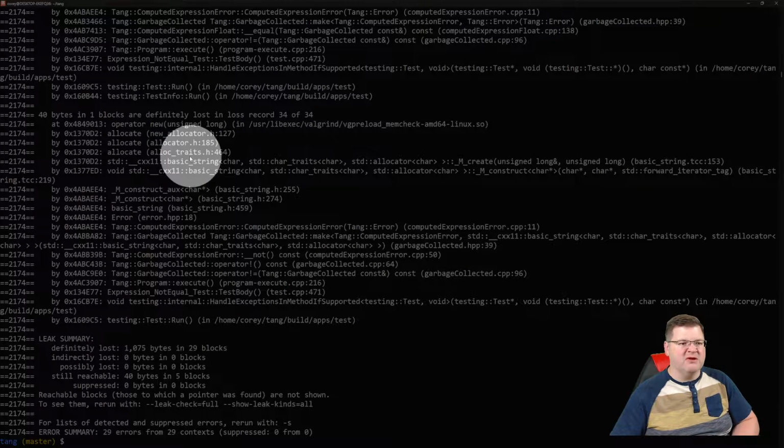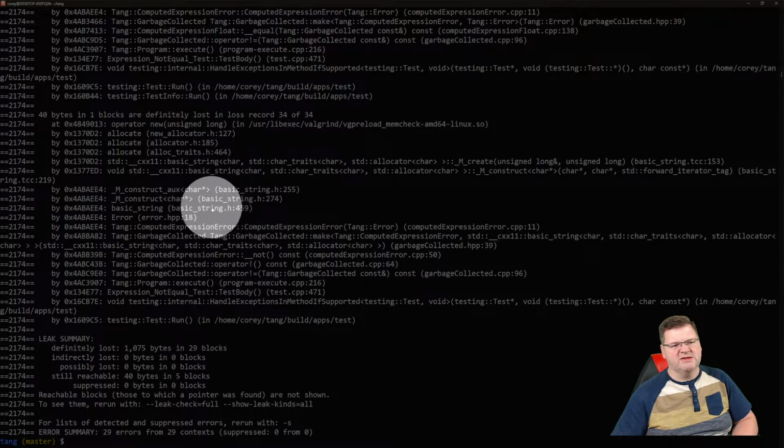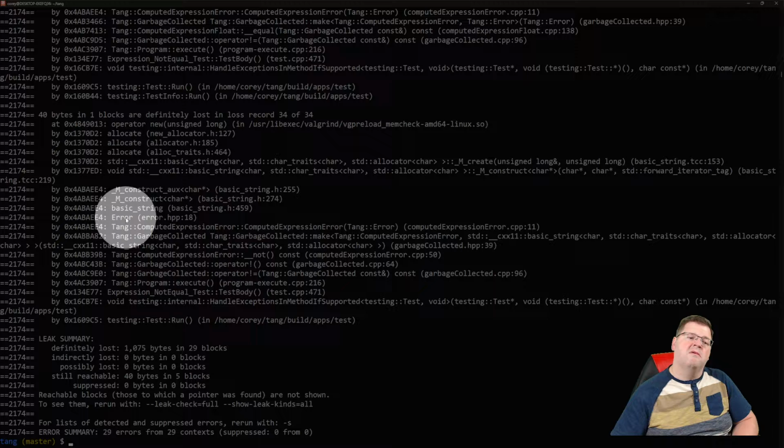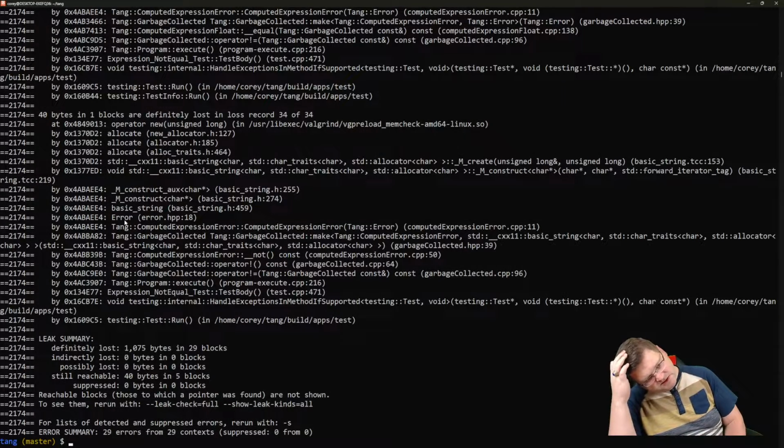It looks like it's all part of the C++ standard lib. This one is indeed part of a string, basic string, basic string error. That's interesting. The error class doesn't have any memory, any pointers that it's tracking. We can